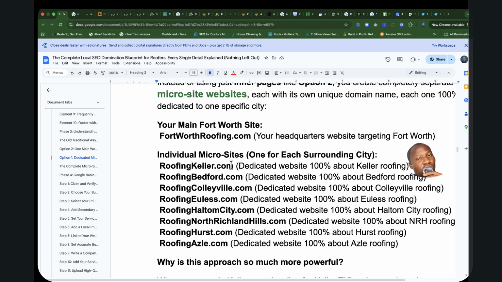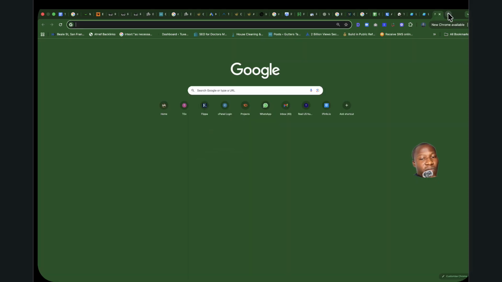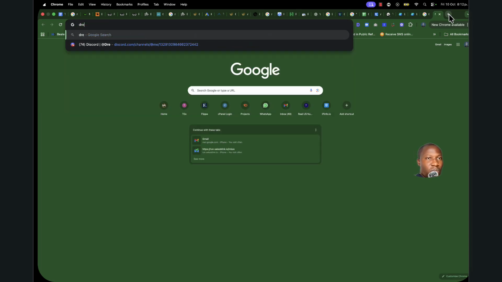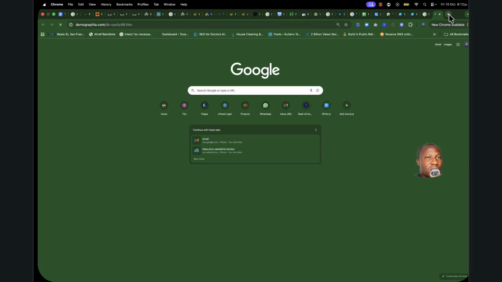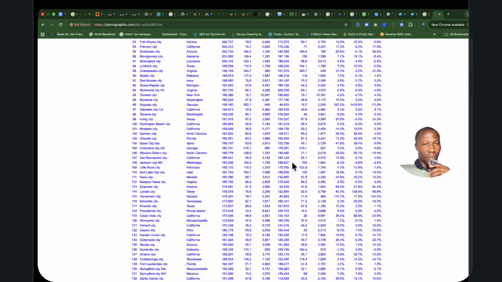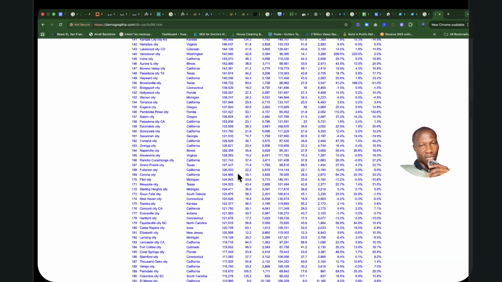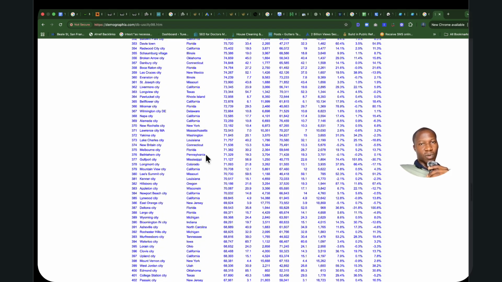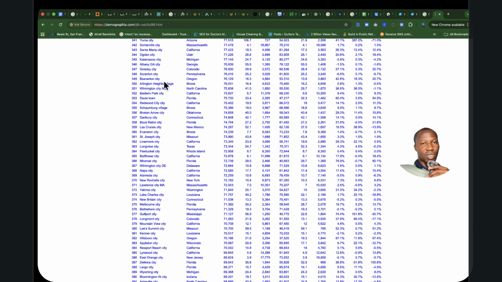We build it out such that the home page of this website will be targeting these specific keywords, because it is something we've understood over time. Let me show you. Let's do a quick search, especially if it's in a small city. Most huge businesses don't target smaller cities because they see it as a waste of money. So let's say we are targeting cities with 60,000, or let's say 70,000 population, for example.